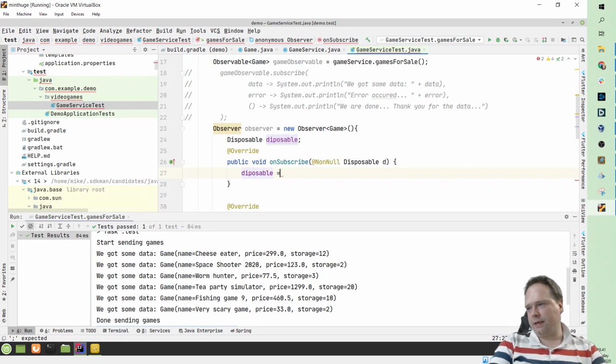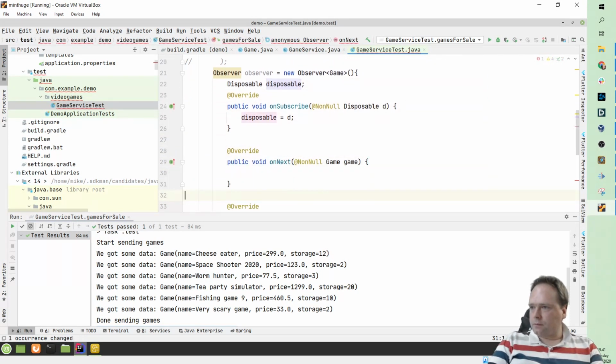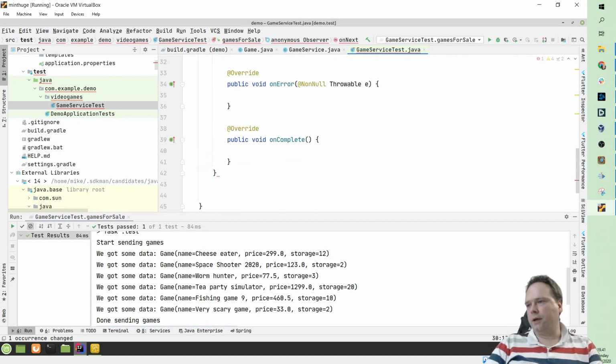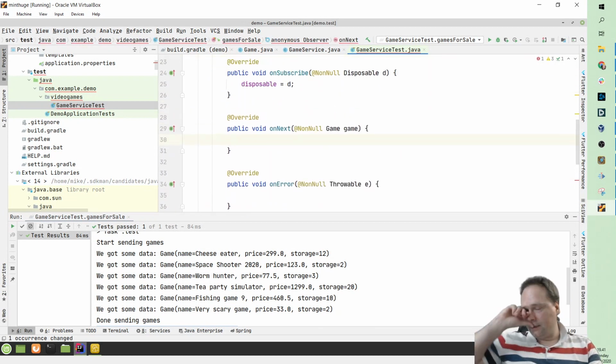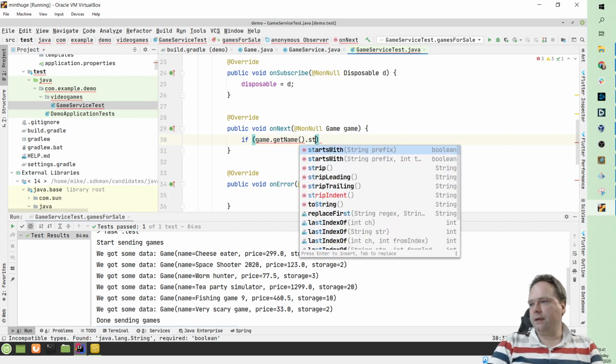equals D. Okay, I misspelled it, but that's okay. Shift F6, refactor to disposable. On next, and then we could copy some of the data, right? We could say something like if game starts with game.getName. If that starts with,